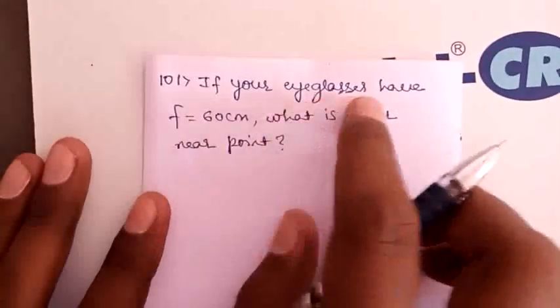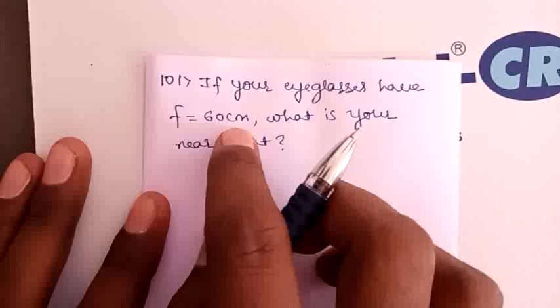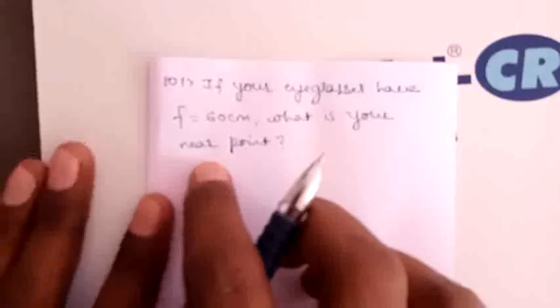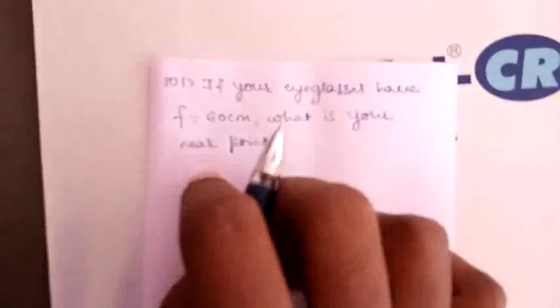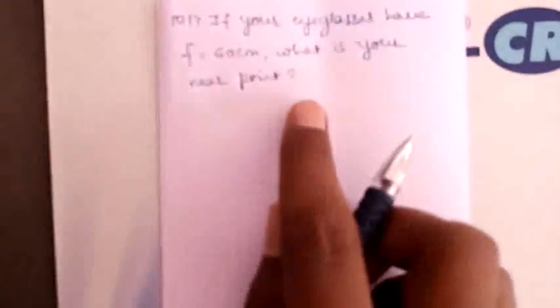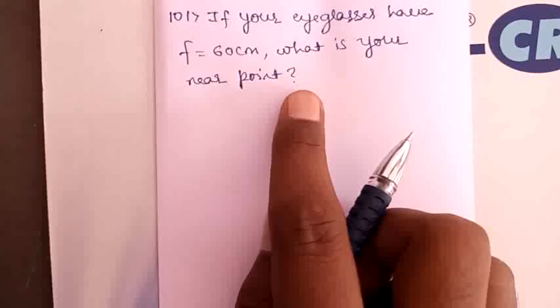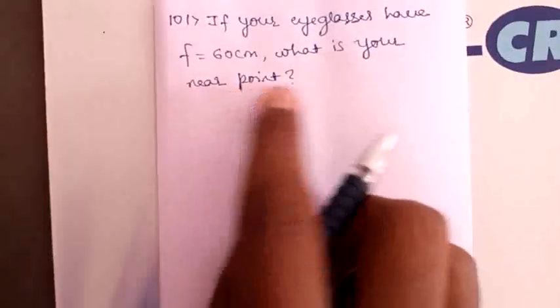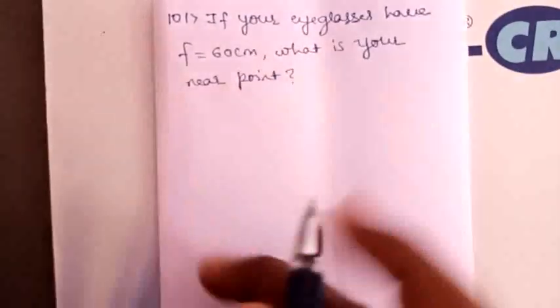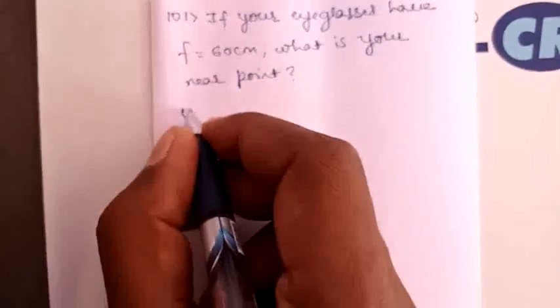If your eyeglasses have focal length 60 centimeter, what is your near point? Means at what distance the object can be seen clearly. Okay, means we have to find the image distance. At what distance the image can be seen clearly, that is called image distance. We are going to find the distance of the near point now, again by using the lens formula,